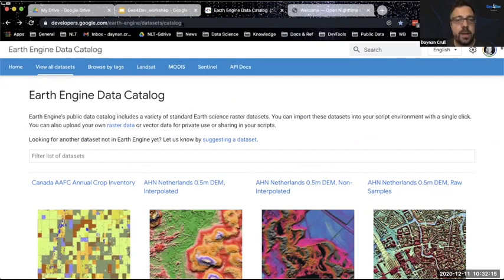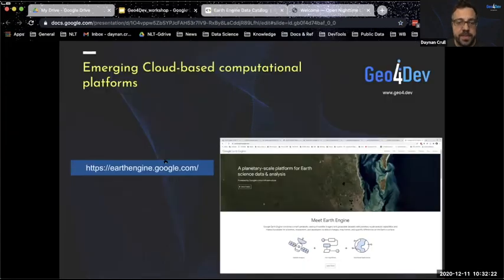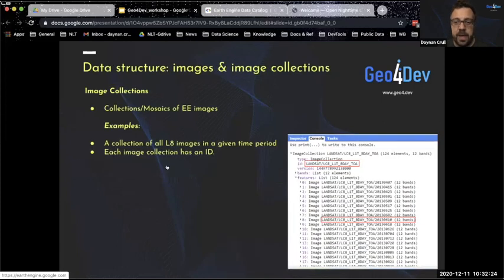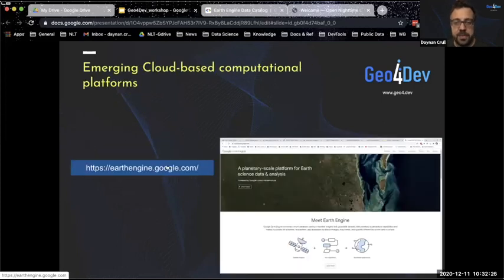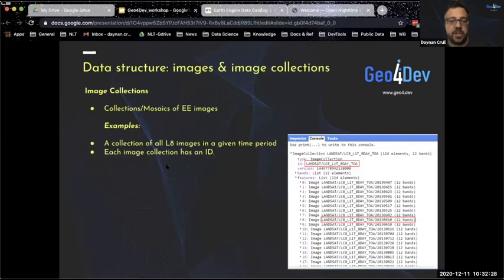Another one that I think some of you might be familiar with is the editor, which can actually allow you to manipulate images. One thing I'm going to take just a moment here to say, data structure is important. So we keep mentioning the word images.